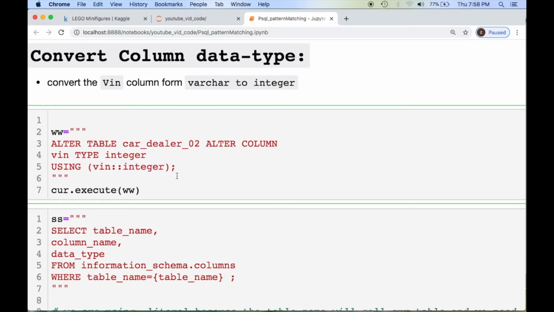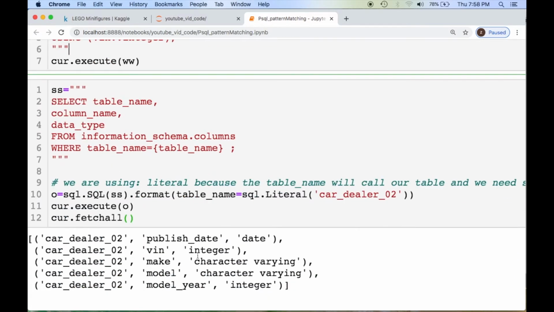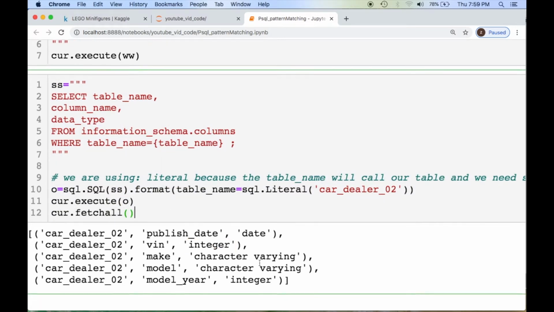All right. And you can say, well, why am I not using a cast? Well, casting, I was trying that, but I was having some issues with the column actually changing. It wasn't changing the column. That's why I didn't show that in this example. But casting is another option that you have for changing the type. Now we can see that it became an integer, whereas before it was a varchar. If you ran this again, the same little formatting that we had above, so we could basically see our schema.